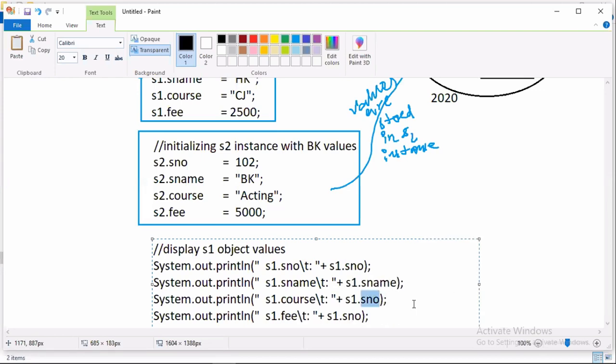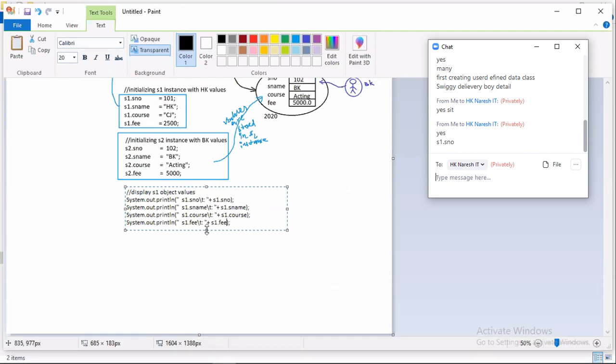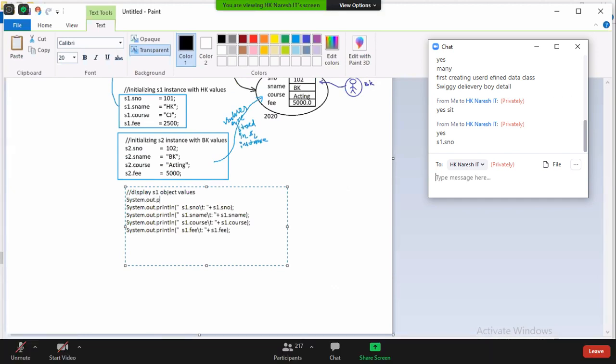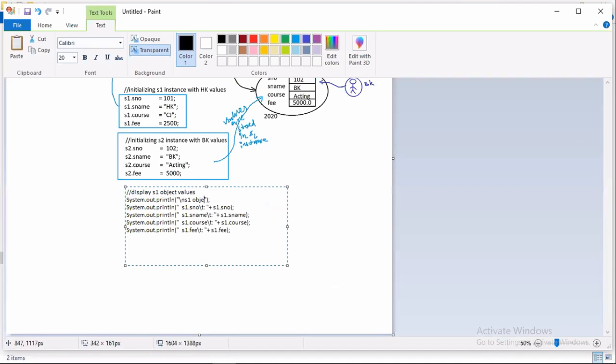Why am I using backslash t? For getting everything in a single line. I mean all the values in one line. System.out.println, double quotes, backslash n, S1 object values.